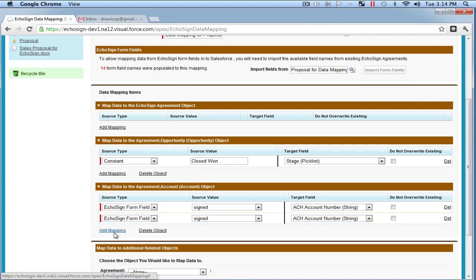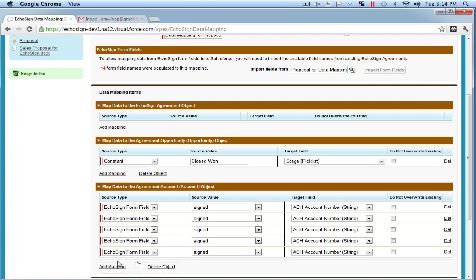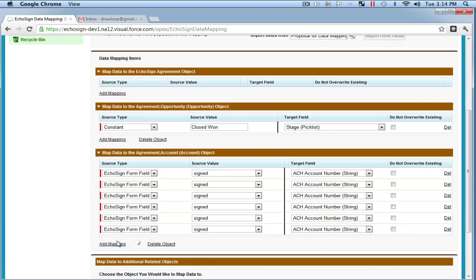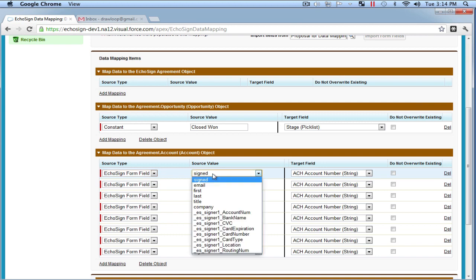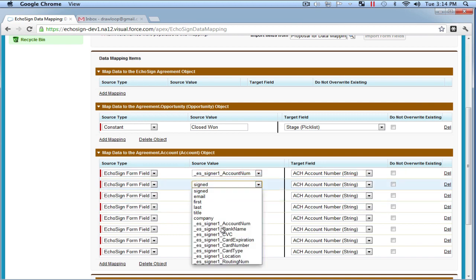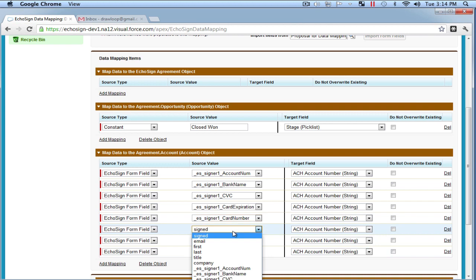Now we're going to add 8 mappings to the account object so we can update both the credit card and ACH information. However, instead of choosing a constant or agreement field to update Salesforce, we're going to have all of these data mappings be updated with EchoSign form fields. Because our form fields were imported from the previously signed and completed agreements, we should see a list of our form fields in the source value dropdown. We can pick these form fields one by one in the source value column,